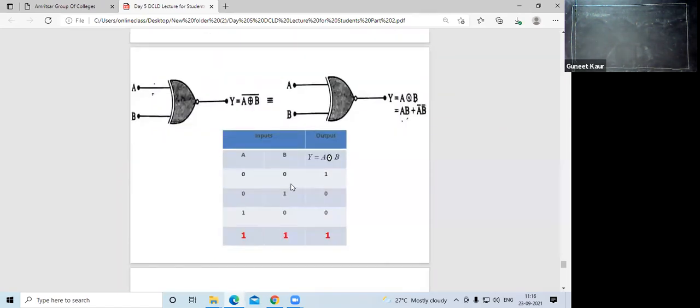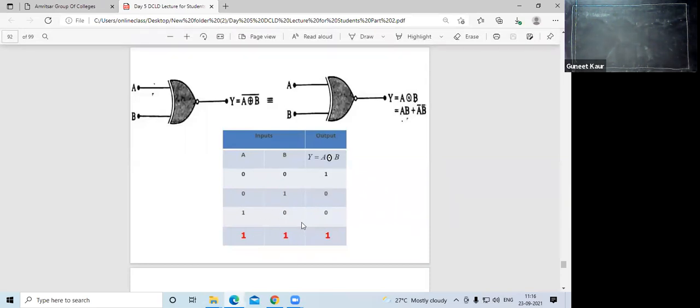Okay, now truth table 0 0 for you can see for 0 0 it will give you 1. If you put these values A 0 B 0 in this expression, you will get the output as 1. For 0 1 it will be 0, for 1 0 it will be 0, and for 1 1 it will be 1. Now you can see that it is the coincidence gate because both the inputs are same. In the case of both the inputs same, output will be 1. But if one input is high and other is low, in that case output will be 0.